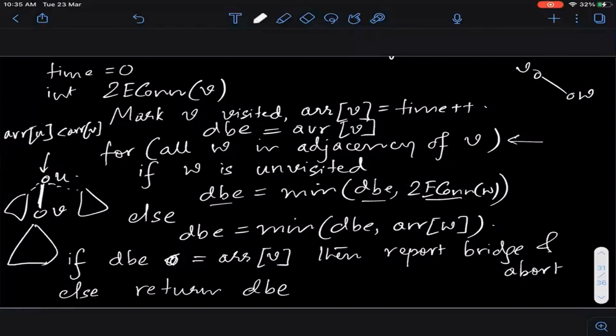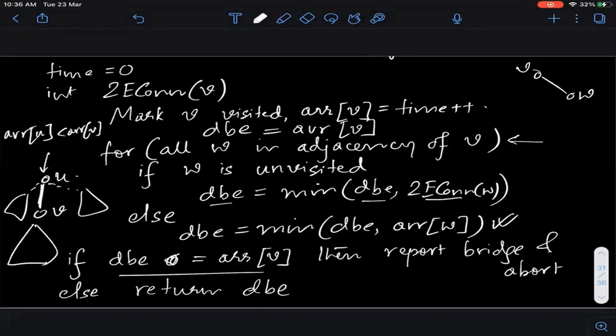तो ये तो गड़बड़ है, फिर तो हमेशा जो है आपका ये अपडेट हो जाएगा. Okay, then this condition check becomes redundant now. This is always going to say a no, right? No matter whether it's a bridge edge or not. तो ये एक mistake है. तो ये आपको इस procedure में you have to rectify this mistake, that you should not be considering the edge which goes to its immediate ancestor. And it's very easy to do, right? You keep some kind of information that, okay, this is its parent or something. So you don't update your DBE for the edge which is going to its parent. Okay, so that's one issue.